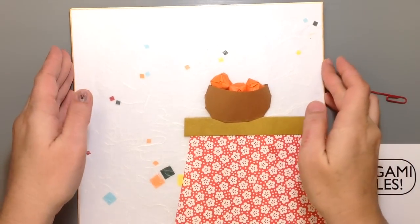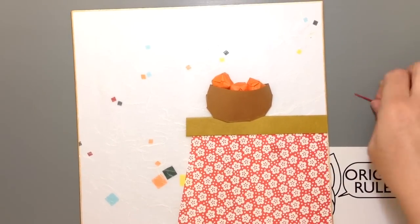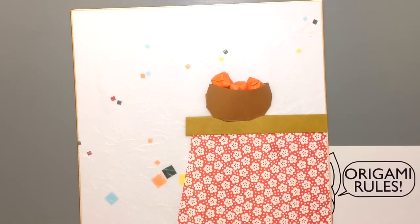So that gives you guys the finished feel for things. Like I said, you could make this just a 2-dimensional piece if you wanted to, and just make your bowl flat and just cut out some circles for your Mikan if you prefer. I just thought I'd try something a little different this time. So, but that gives you guys your finished little piece here with some